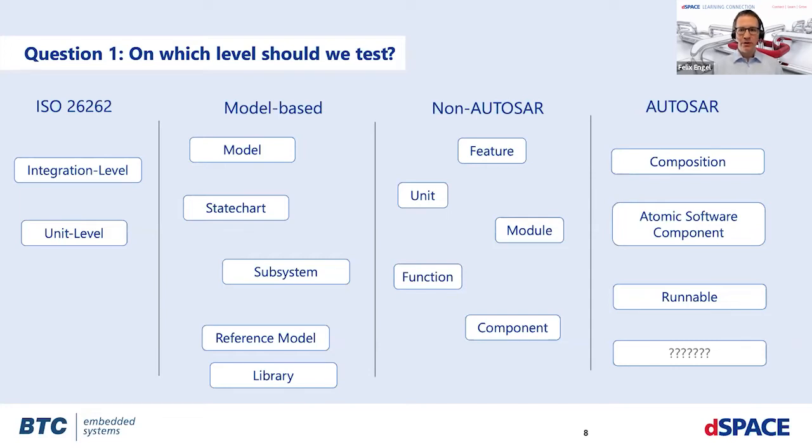But I think to answer this question, it makes sense first to ask Markus, from a testing point of view, what makes a unit a unit? So what should a unit be and what should it not be? I think that will help in drilling down to the question, what is a unit in AUTOSAR? I think that brings us closer to probably excluding some of these things. And